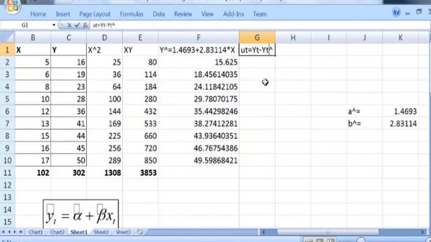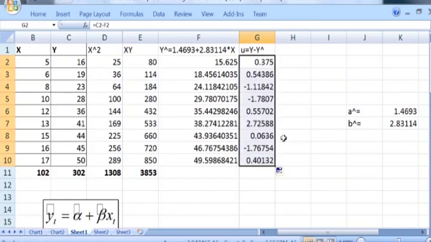So either use the subscript or do not use. Since I have not used any subscript in any of the previous column headings, there is no need to use this here as well. So this gives us residuals. Just put an equal sign: actual value y minus estimated value by the regression line y hat. So C2 minus F2, just press enter, and similarly C3 minus F3 and so on, copy it down.